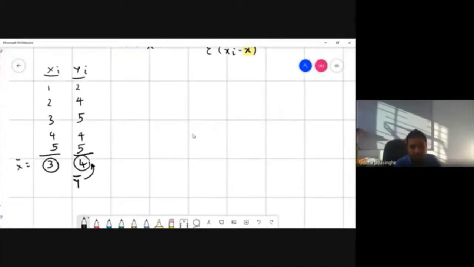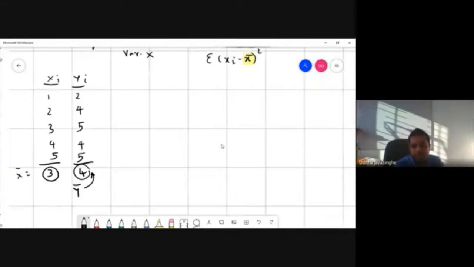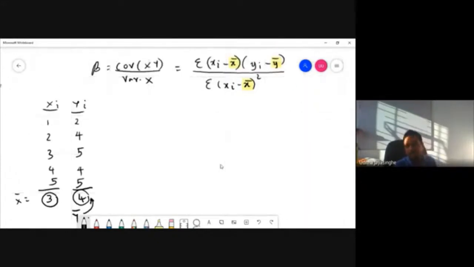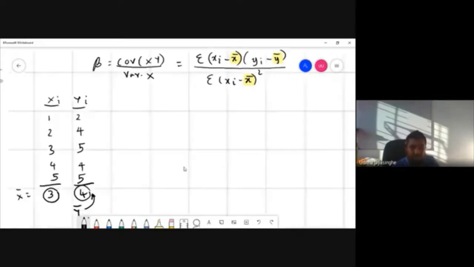Okay, so I know the xi values, because they are the given data points, and I know the x bar and y bar values. Okay, fine, I just calculate. Now, what do I have to do? Simply follow the steps and find the ingredients or the components for this particular equation. Simple as that. So we'll take one by one and try to